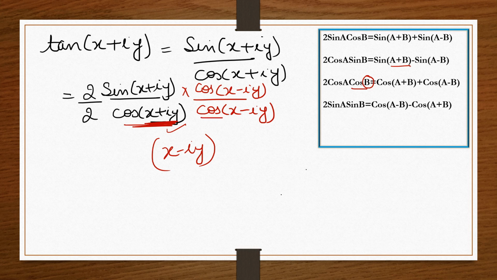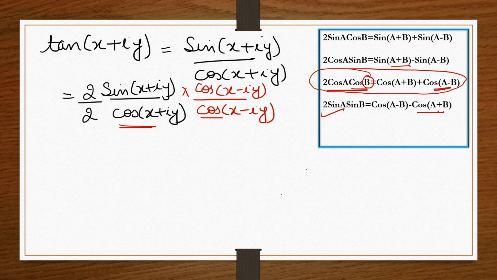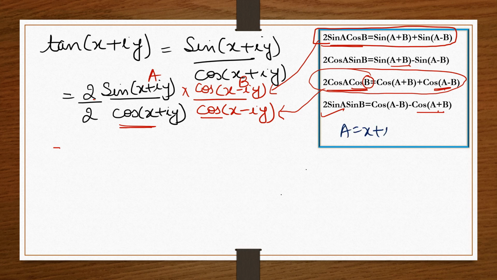Along with that, we have taken cos. Why? Because I want this formula. Obviously, you can't have sine A sine B, because we already have cos. So in the denominator we have to convert the things either into this form or this form. For this form we don't have any option because given is cos, so we are left with only this option. So I have converted the thing into this form. Now here we have 2 sine A cos B. This formula will apply in the numerator and this formula will apply on the denominator. And what is your A? Here A is x plus iota y and B is x minus iota y, right?